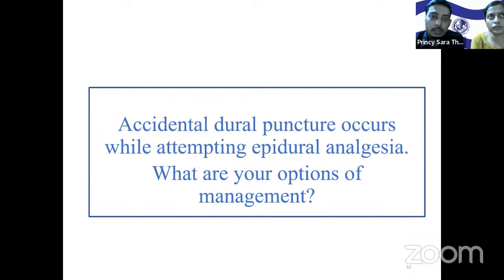If the accidental dural puncture occurs in advanced labor, a single shot of spinal with 0.5 ml of hyperbaric solution, that can be 2.5 milligram of hyperbaric bupivacaine with 25 mcg of fentanyl, can be given, as this analgesia will last for 1.5 hours or more. But if the accidental dural puncture occurs in early stage of labor,